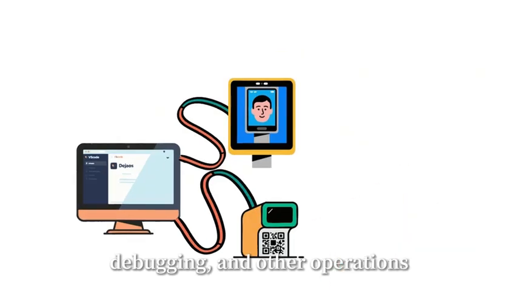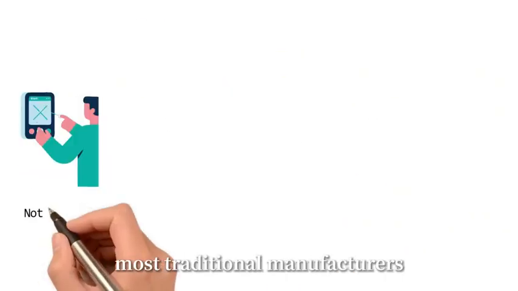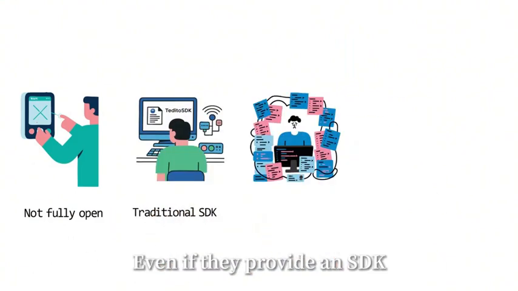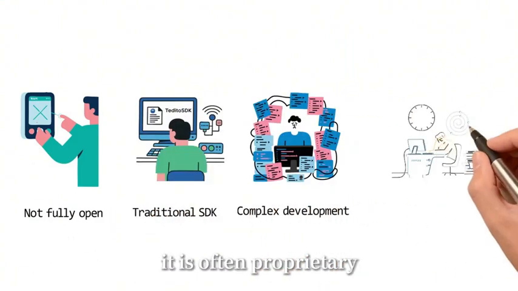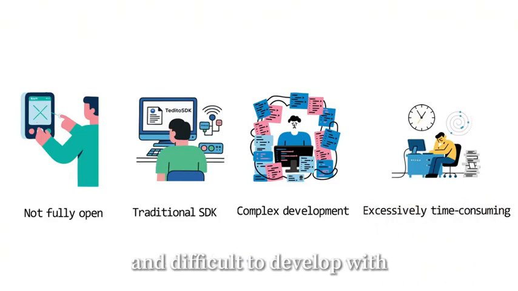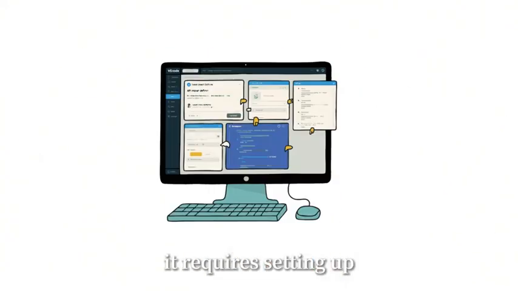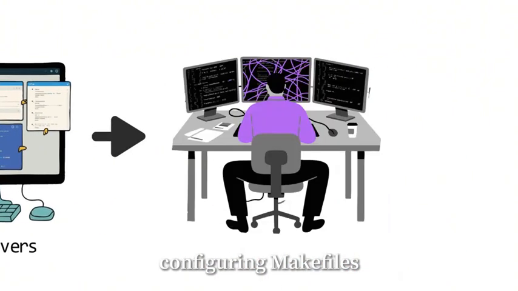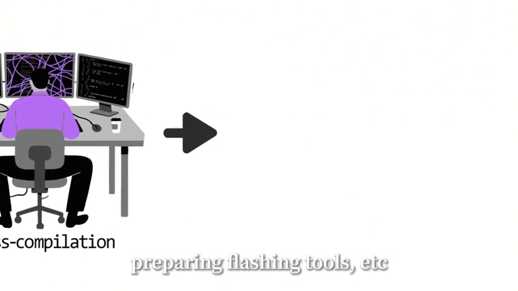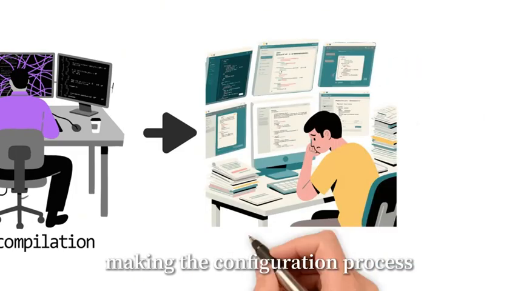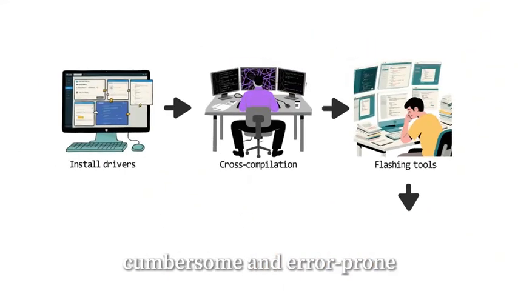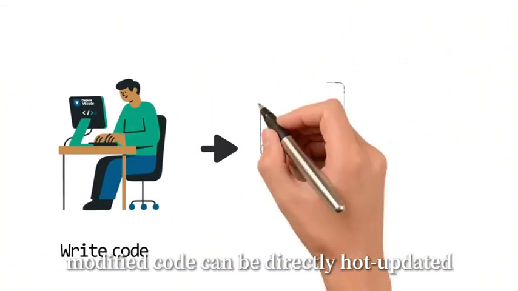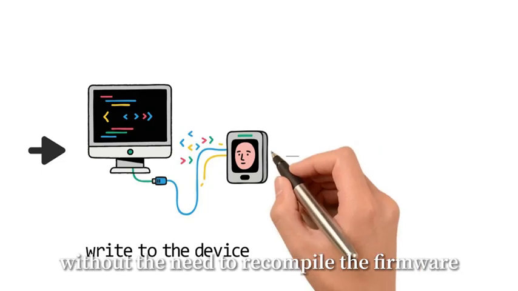debugging, and other operations. In contrast, most traditional manufacturers do not open up their complete development capabilities. Even if they provide an SDK, it is often proprietary and difficult to develop with. Moreover, it requires setting up a cross-compilation environment, installing drivers, configuring makefiles, preparing flashing tools, etc., making the configuration process cumbersome and error-prone. With DGOS, modified code can be directly hot updated to the device without the need to recompile